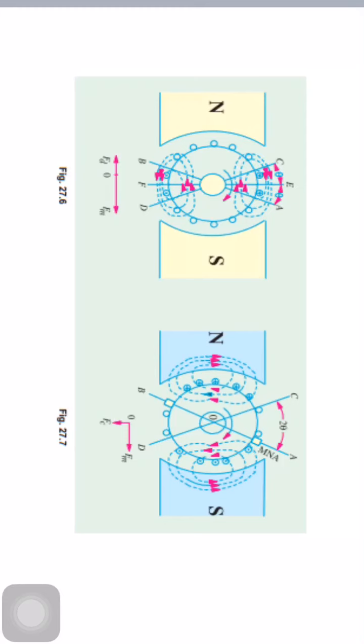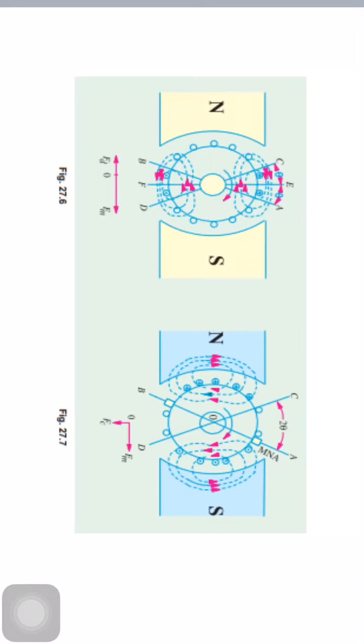And next, AOC is equal to BOD is equal to 2Q at the top and bottom of the armature, and they will produce the demagnetizing effect. So these are called demagnetizing ampere conductors, and they constitute the demagnetizing ampere turns of armature reaction.